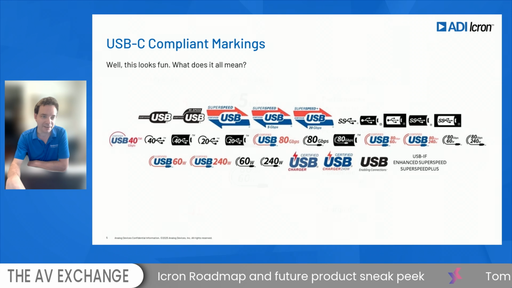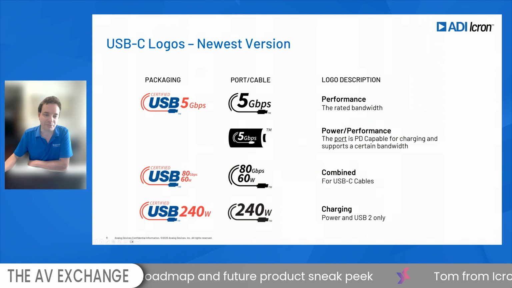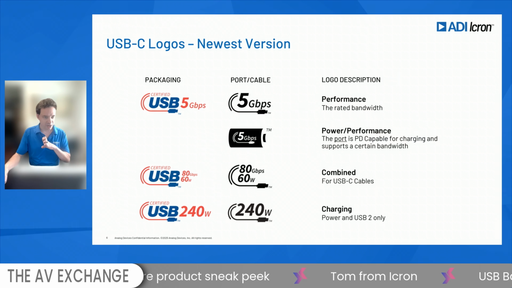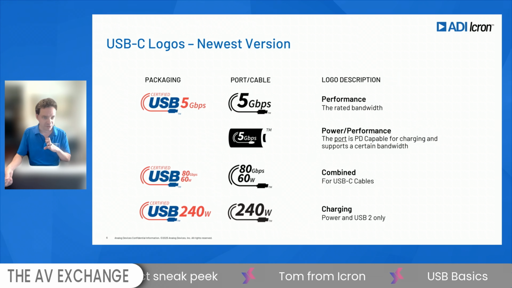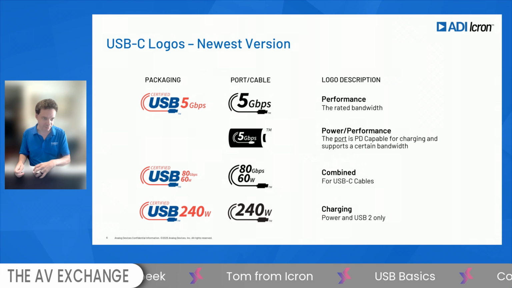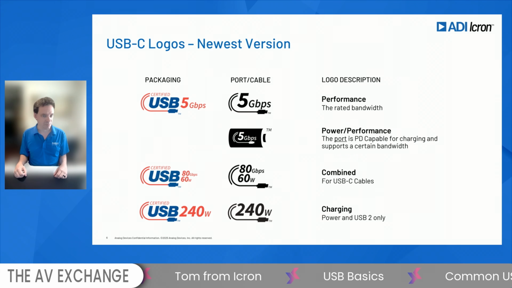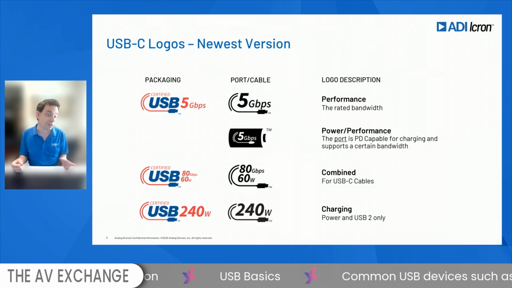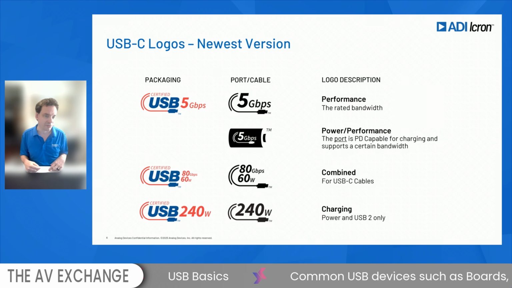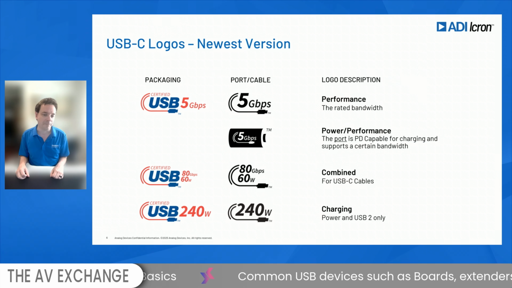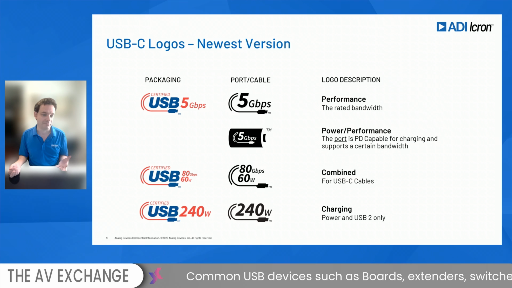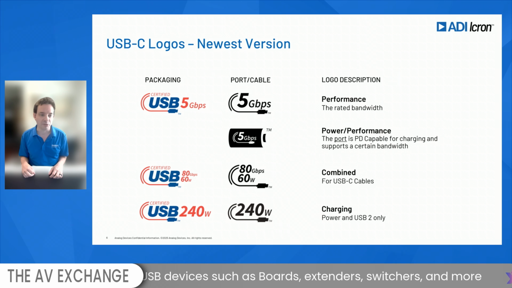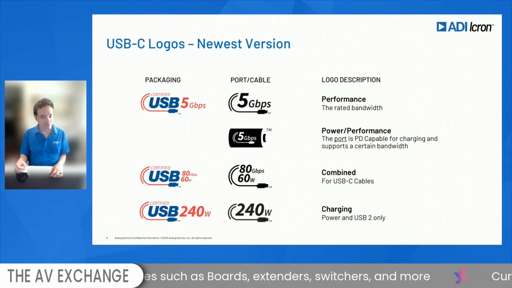So kind of breaking that down, right? If you look at the first row, you've got your performance metrics now. It used to be USB 2, USB 3, USB 3.1, 3.2, 2x2, and all these other garbage names. Now they just go by data rate. So it's USB 5 gig, which is equivalent to your old USB 3, relevant now, kind of where Pro AV is still coming up to. If you have USB 10 gig, it'd be USB 10, right? And that's your old 3.1. So now they've settled on that data rate metric, right?